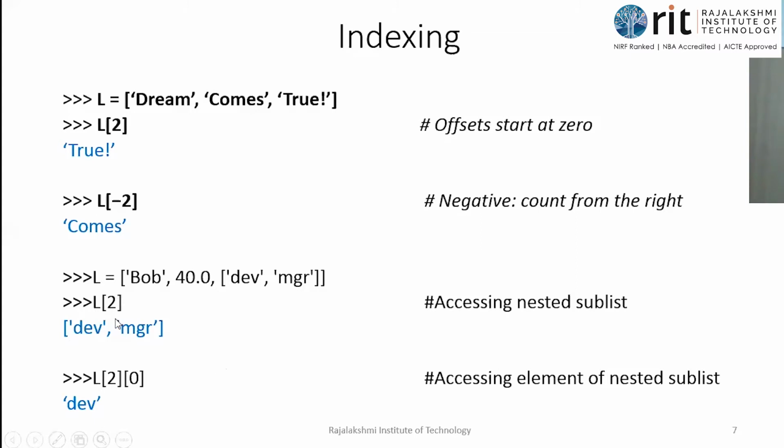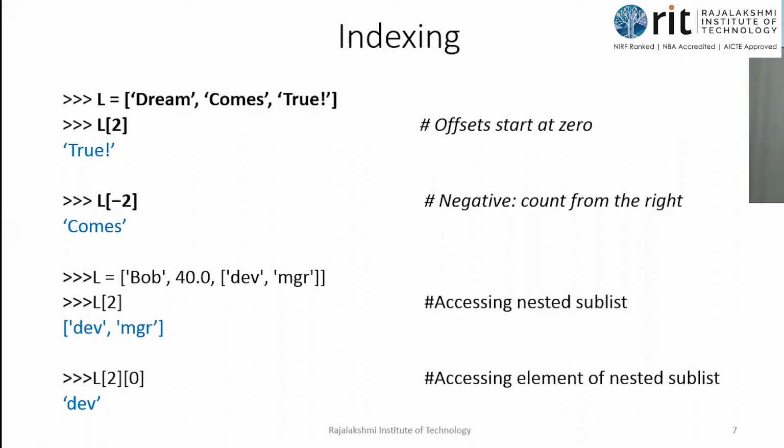Okay, that was using just one index. Now see how multiple indexing can be used. Say, for example, if I want to print MGR or Dave, how do you do that? Dave, MGR is inside the inner list. So when I give L of 2, I pick the inner list. Inside that I pick another element, so again I have to go with indexing. I give L of 2 of 0. Don't give L of 2, 0. That will not work; it is not there in the syntax itself.